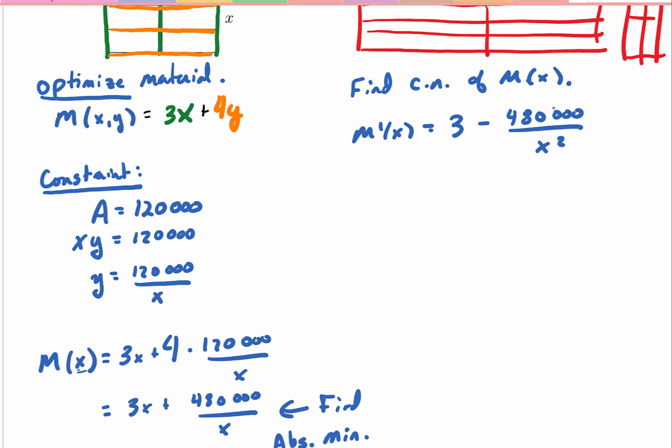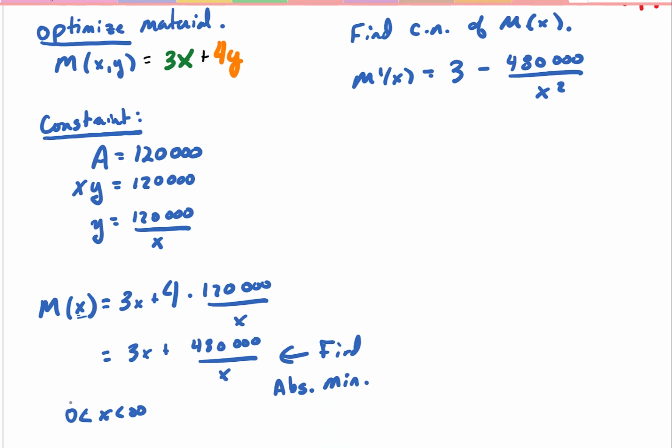If you had trouble with what I just did there, remember that it's helpful to write 1 over x as x to the minus 1 power prior to taking its derivative. If you do so, you'll see how I came up with this. Okay. Notice that this expression is undefined at 0. We're not going to call 0 a critical number because 0 wasn't in the domain, or another way to say it, 0 is a boundary point of the domain of the original function. So we don't call 0 a critical number,